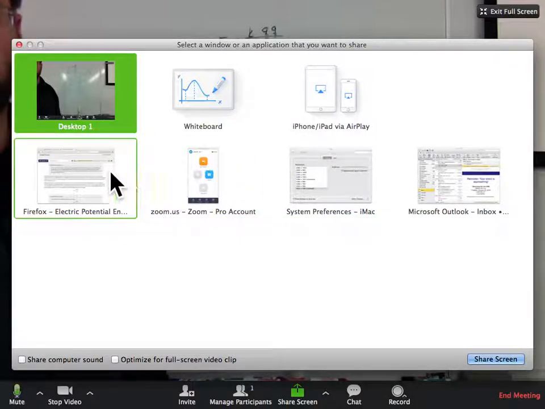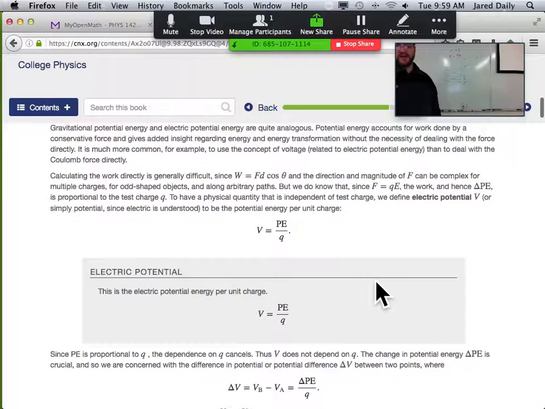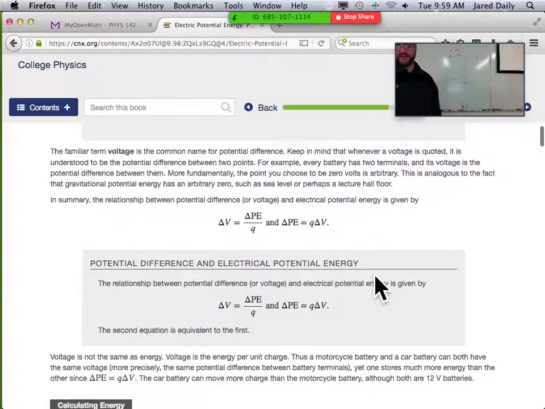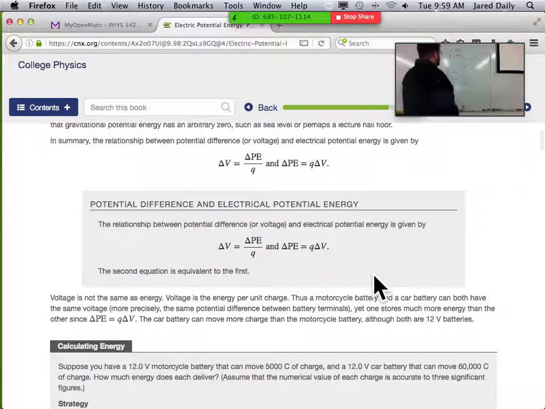So let's go back to our book and take a look at this. Our potential energy is going to look like our force times our distance, so it'll be K times Q over R squared, and then we multiply by the distance R, and we end up getting rid of one, so you get KQ over R. But remember, we still want to get rid of the Q. We don't want to be looking at both Q's, because we're not talking about the potential energy between two objects. We're talking about the potential energy, or we want to know about the potential due to a field created by